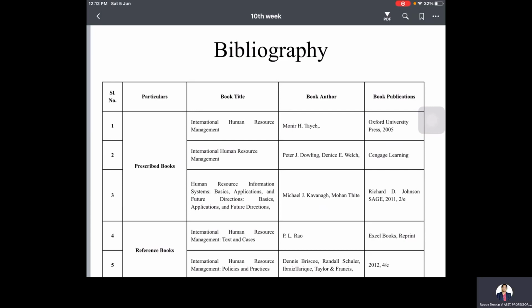And the MNCs, or the HR, have to design such an HRIS according to the need, because one's requirement may be different from another's. So, based on the need, the HRIS must be designed. While designing this HRIS, we'll be following four different steps. The first one is determination of information needs, then designing the system, then implementation, and the fourth one is monitoring and evaluation.